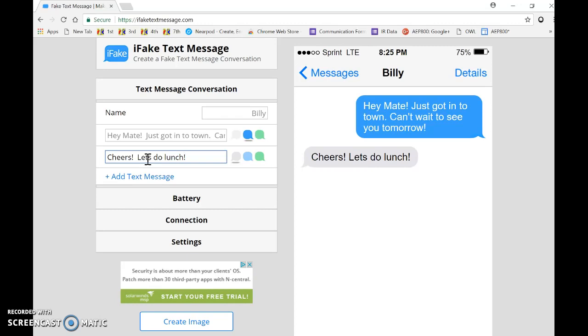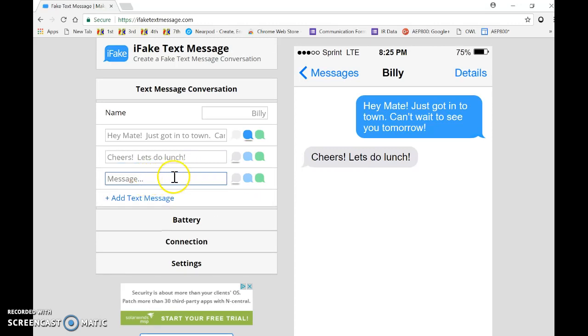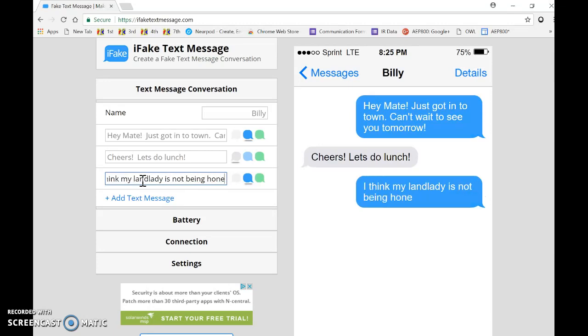Since one of the things that we're working towards is, Billy starts to get a little bit suspicious, we could then go to the next one, and Billy would say, we're going to click on the blue here so that we can see the difference. This is where the point comes in. He would say, "I think my landlady is not being honest with me." And this is where the activity from my end really comes in,